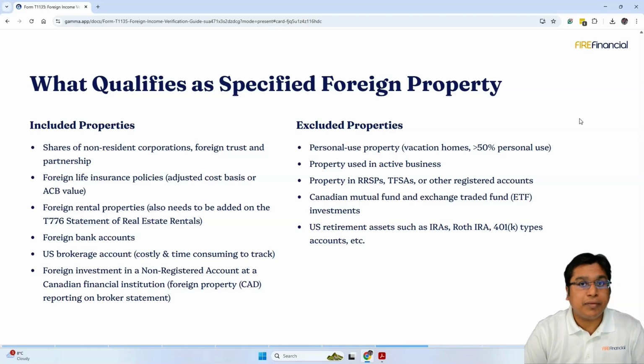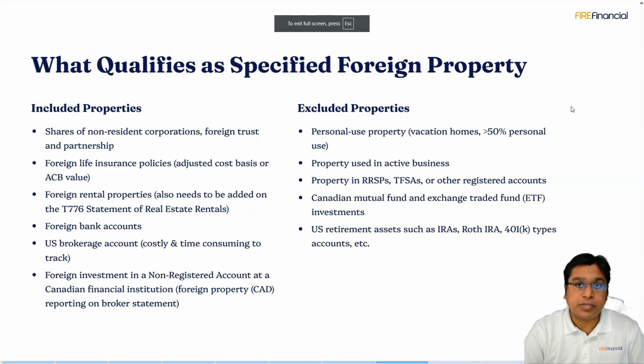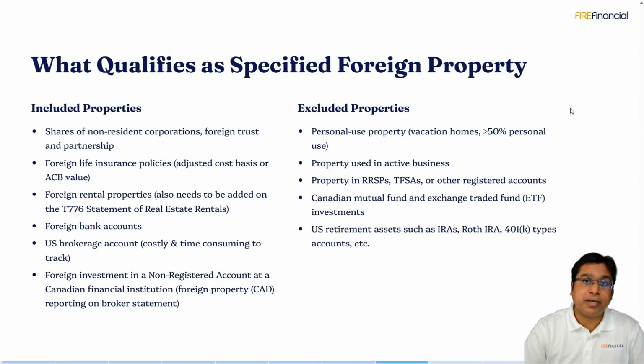Any assets you have in your registered accounts are exempt, meaning that if you have foreign investment in RRSP, TFSA, or RESP, or any type of registered account, then you are exempt. That means you do not have to include that in your T1135. If you have a mutual fund or ETF, and that ETF or mutual fund has investment in other countries, those do not need to be reported because CRA already has all the information from those mutual fund companies and ETF companies. Giving individual taxpayers the burden to report those underlying foreign investments would be a nightmare, and CRA does not want you to report that.